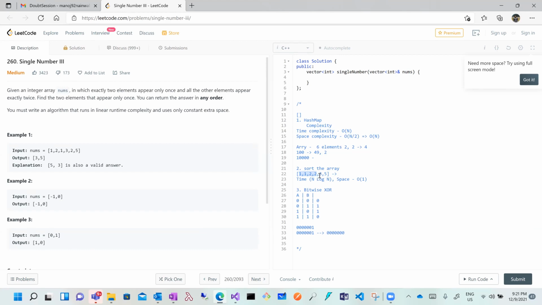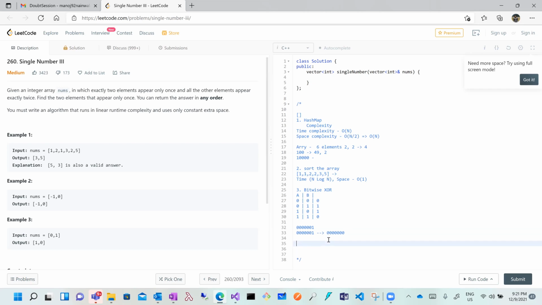And so the only number I am left with is the XOR of the only two numbers which are different, which appear only one time, right? So if I do XOR of all the elements in this array, what will I get?